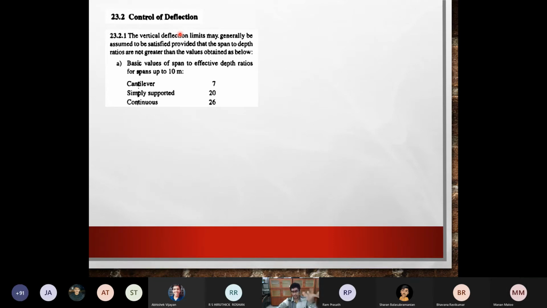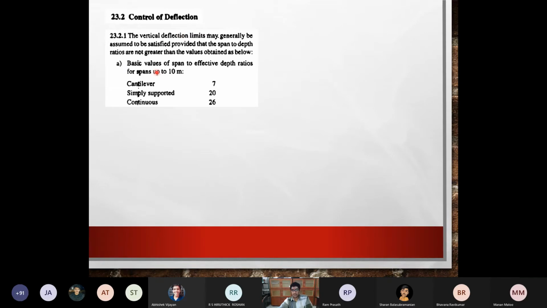So you will get a deflection, some number, some millimeters. You will have to make sure that deflection is, for example, according to IS 456, if it is a beam, that deflection should be lesser than length of the beam by 300. Like this, you have several deflection limits. After you design the beam for bending moment, you will ensure that this designed beam has a deflection lesser than this value, L by 300. This is known as controlling deflection.